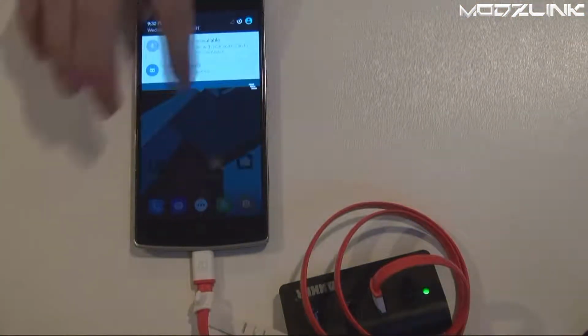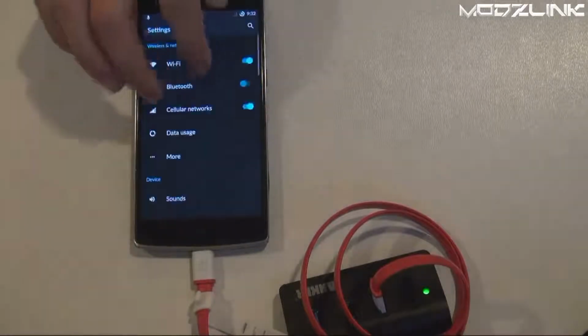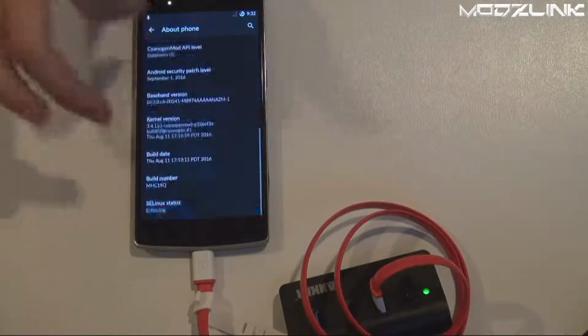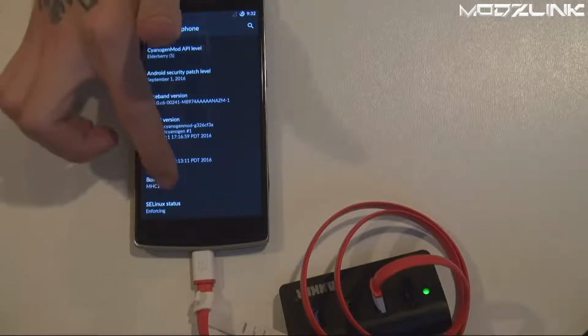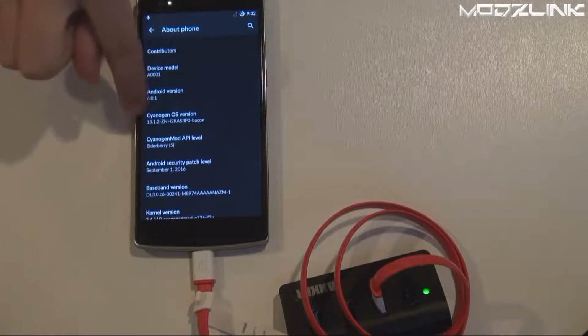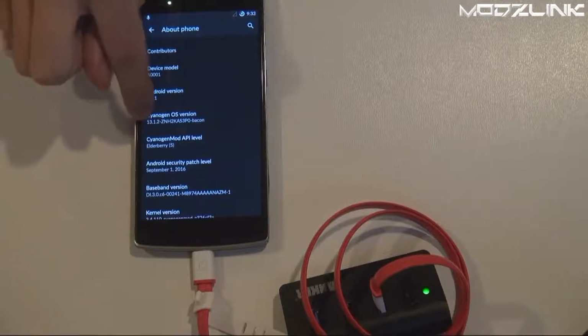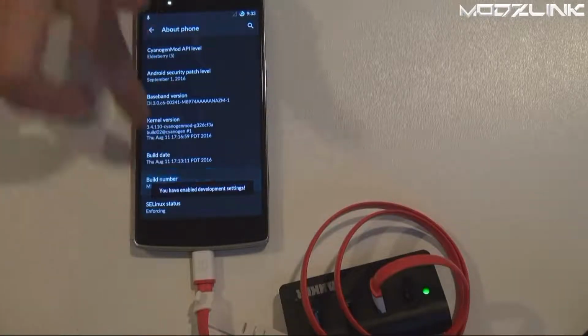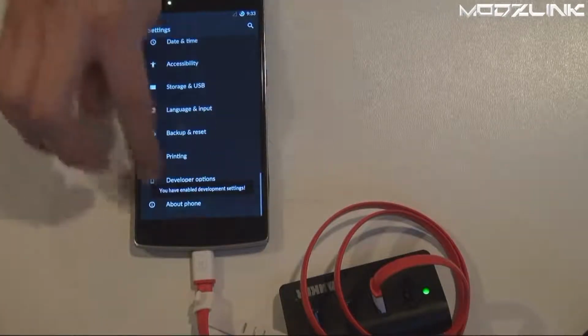Now once we're here, we can go through the settings, about phone, and scroll down to the build number again. Notice that we're still on Cyanogen OS version 13.1. So tap on the build number 7 times, go back to the developer options,